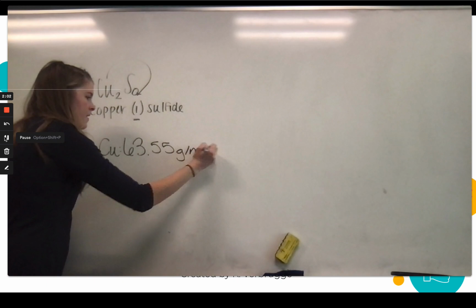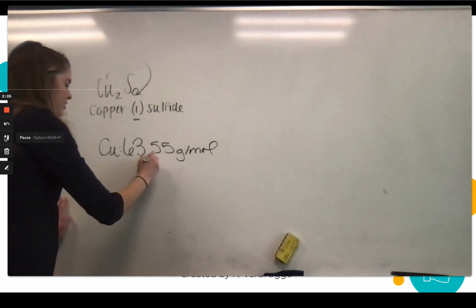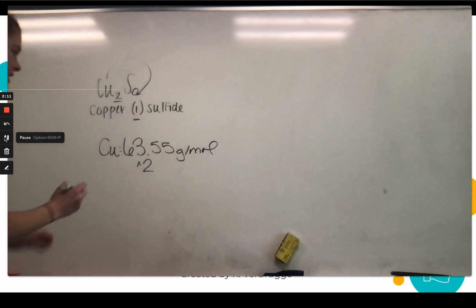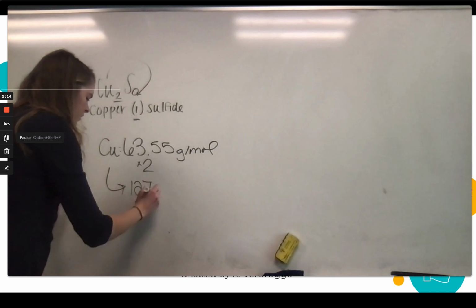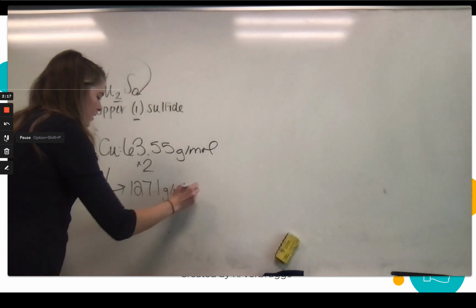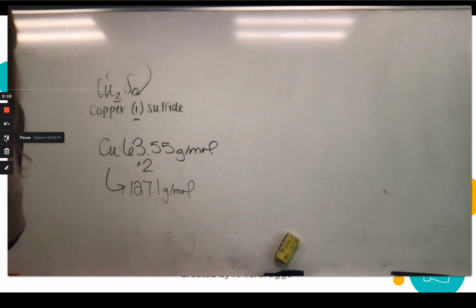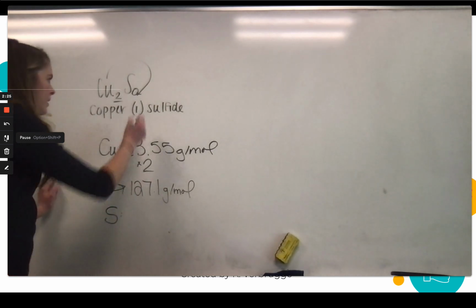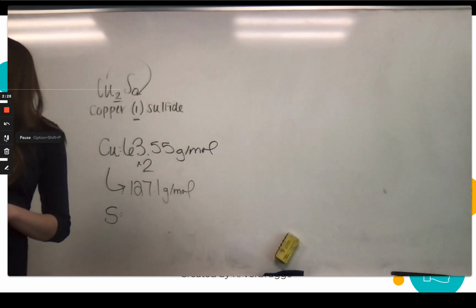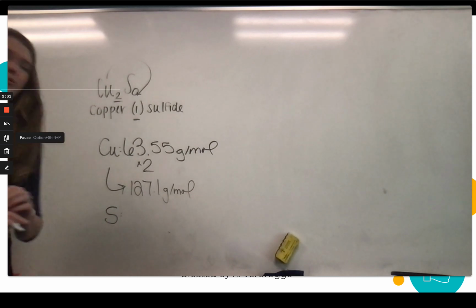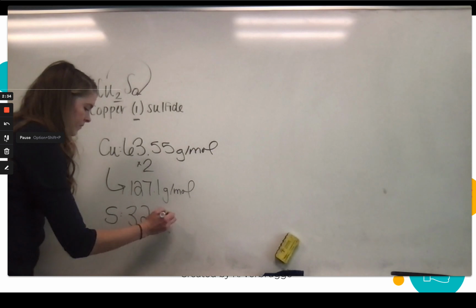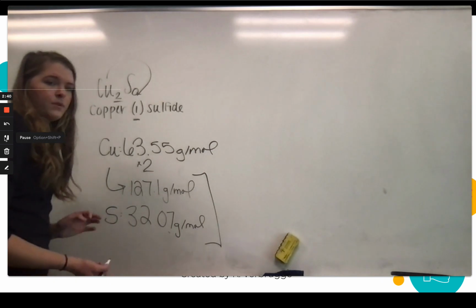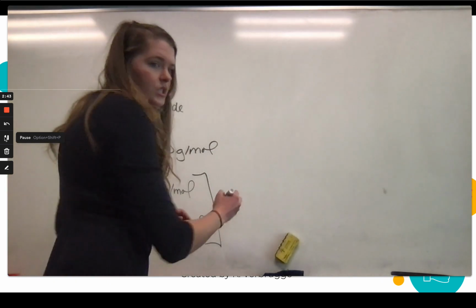My molar mass of copper, according to my periodic table, is 63.55 grams per mole. We multiply that by 2 because we have 2 coppers, and I get 127.1 grams per mole as my molar mass of Cu2. I'm also going to add in my molar mass of sulfur, which is an easy one. On my periodic table, sulfur, atomic number 16, is 32.07 grams per mole. When I add those together, my molar mass is 159.2